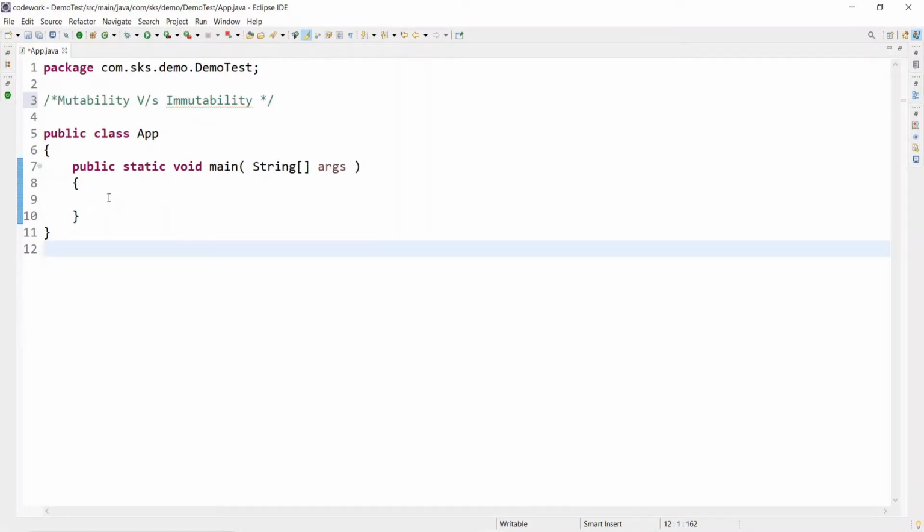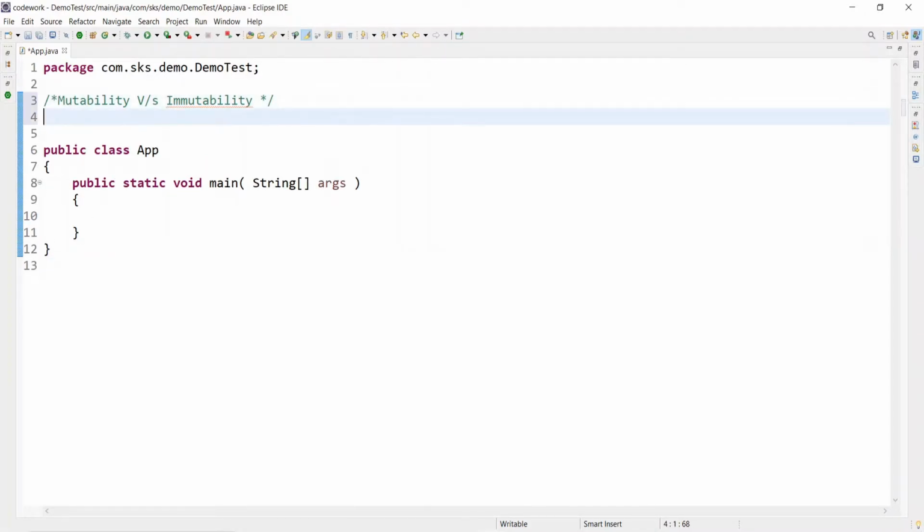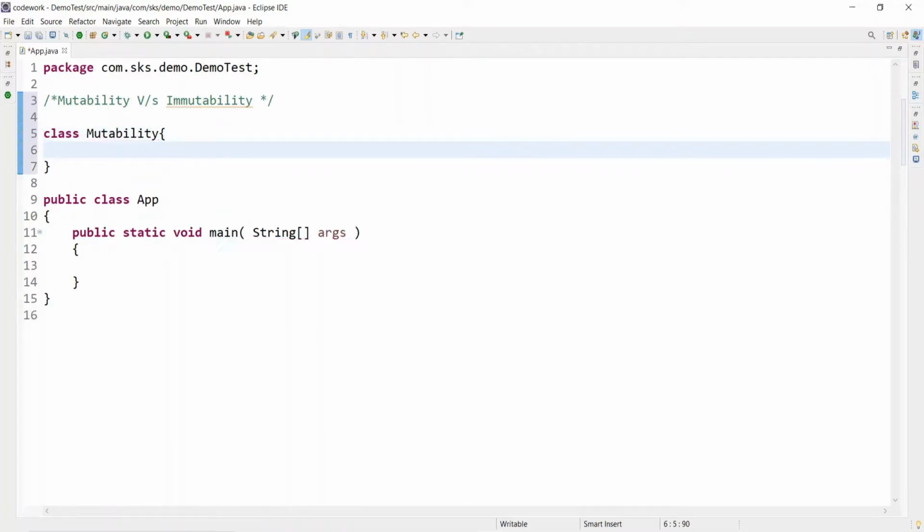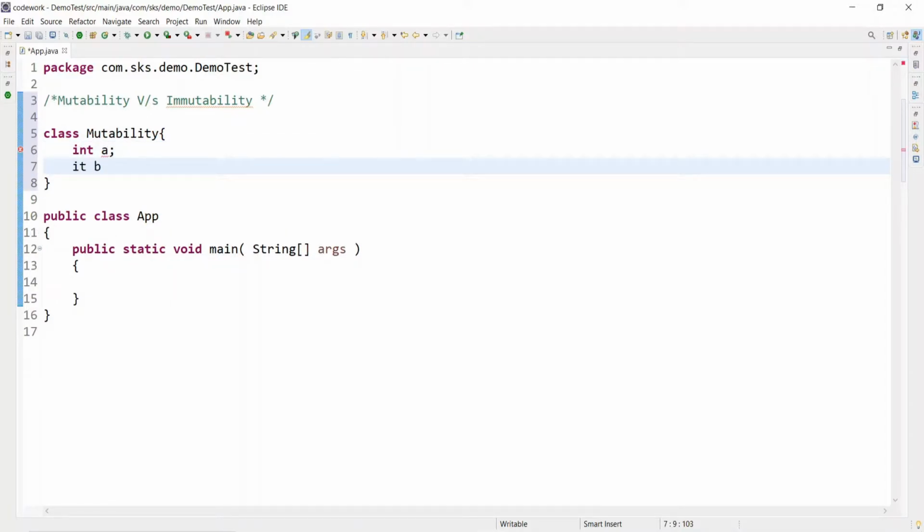Let me show you the demo. Let's say we are creating one class, Mutability, and inside this class I am declaring int a and int b.